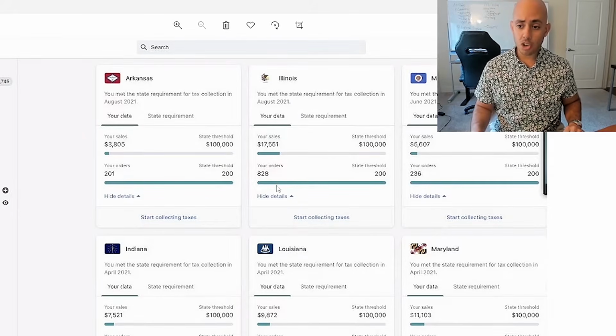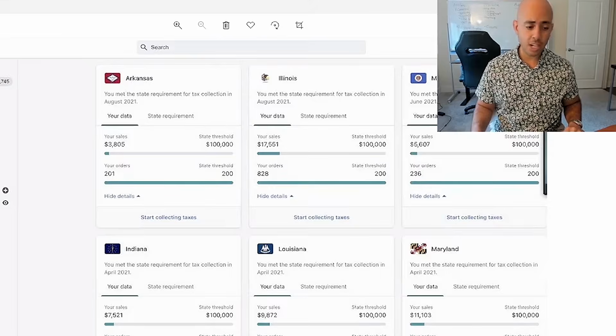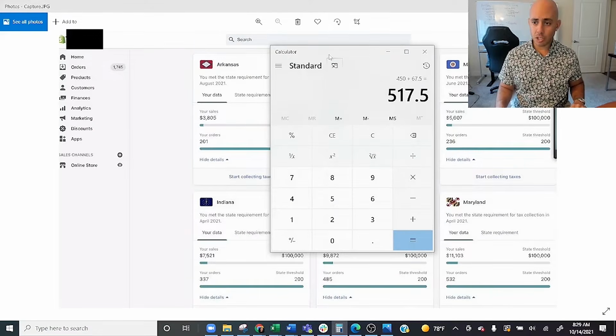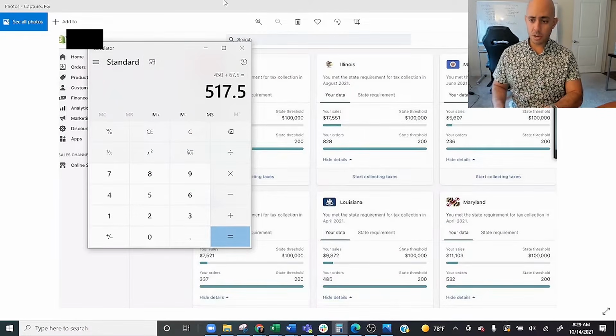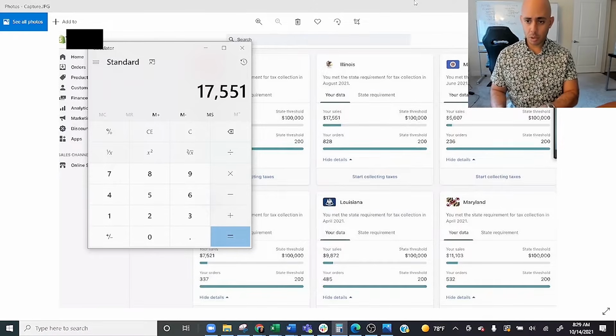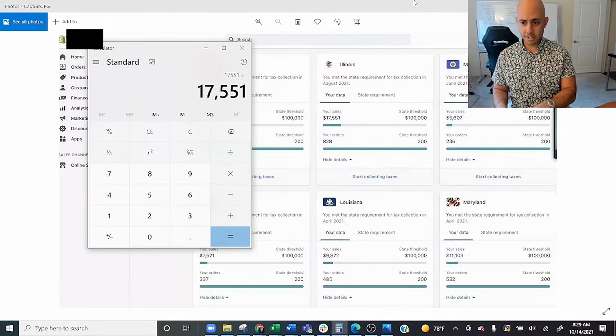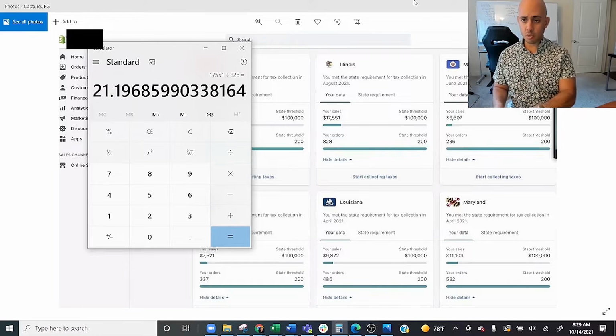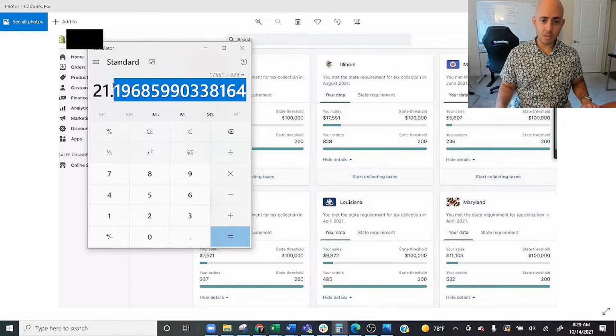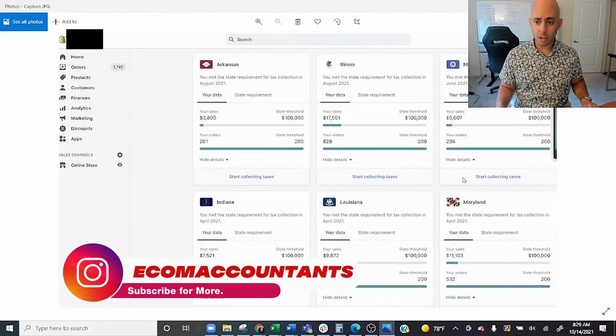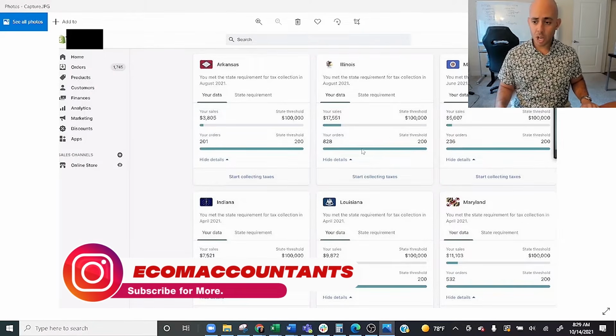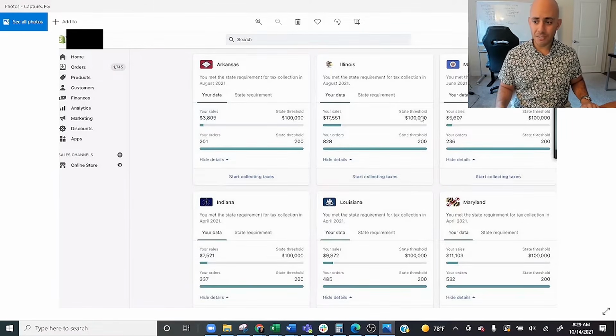You have 828 orders in this state, and the threshold is 200 sales transactions. So essentially, this business owner probably has a pretty low ticket product. If we take this 17,551 divided by 821 orders, that means our average order value is about $21 for that state, right? So you can see here how even though you're low in terms of the volume threshold, you're